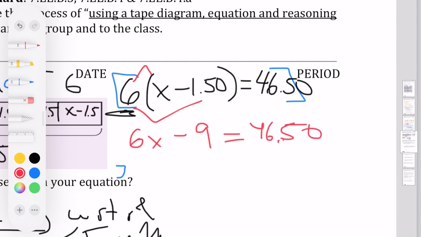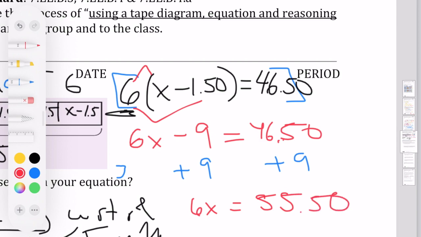Now I need to add 9 to both sides, and I get 6x is equal to $55.50. Then I need to divide by 6 to represent the family members,